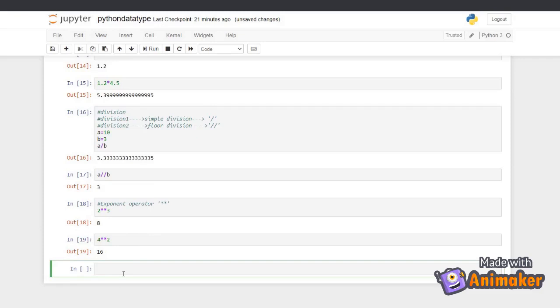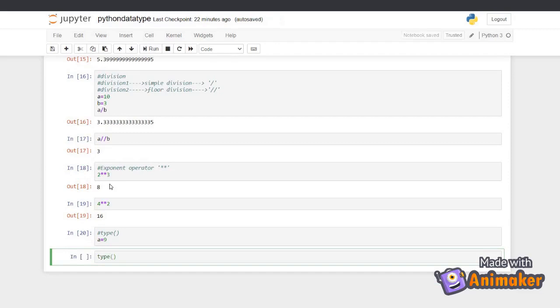So another important type I have to say, type function. The function which returns the type of a data. Suppose we don't know what type of data we are using. So in that case, we can put the type function and we can get the result also. Suppose I'm giving an example.